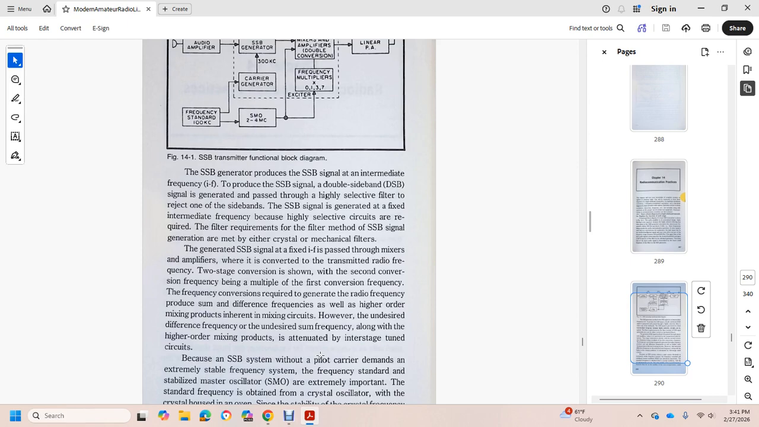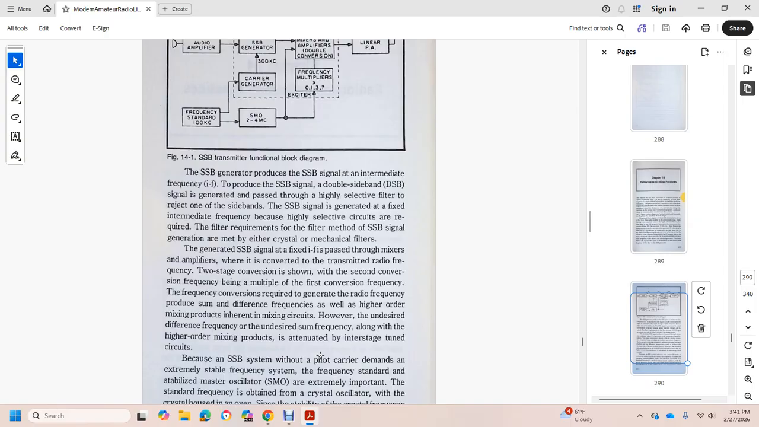use either a crystal or mechanical filter. The single sideband signal generator, with a fixed frequency path, mixes with the amplifier to give the transmitted radio frequency. The two-stage conversion is shown, with the second conversion frequency a multiple of the first conversion frequency. The generator of the radio frequency produces some different frequencies as well, with higher order mixing products inherent in the mixing circuit, including the undesired sum and difference frequencies along with the higher order